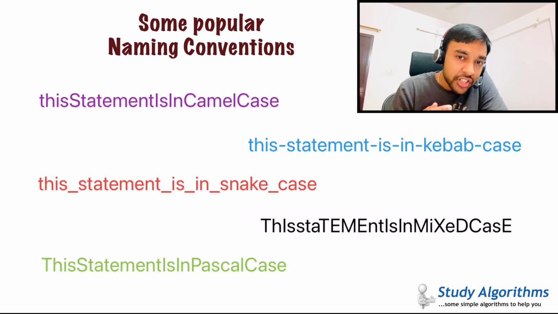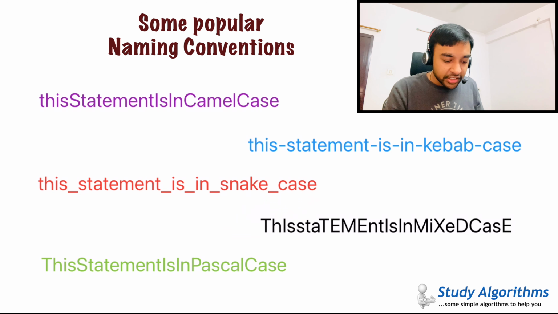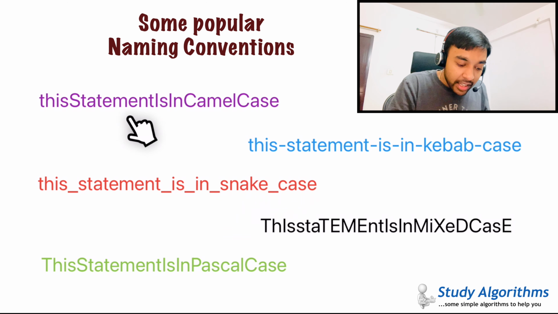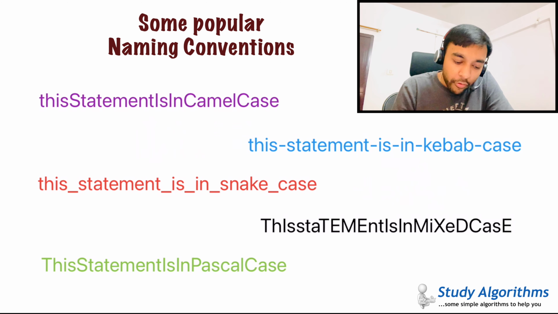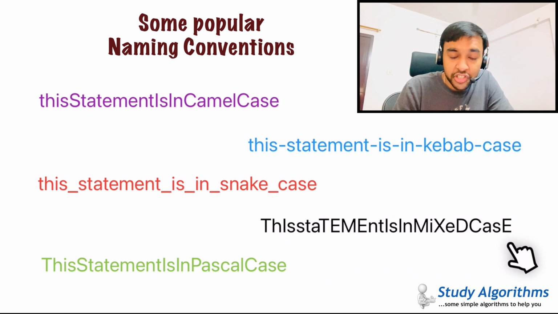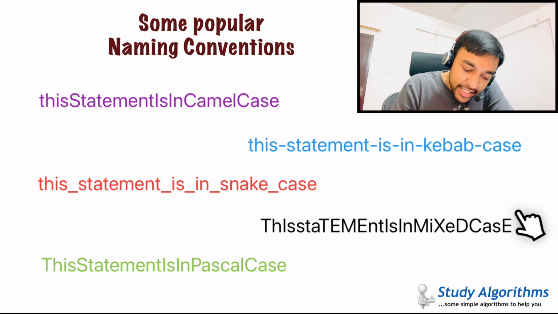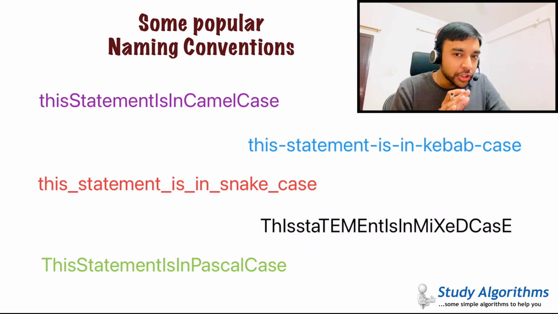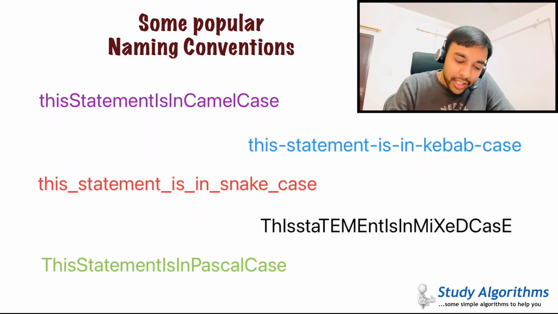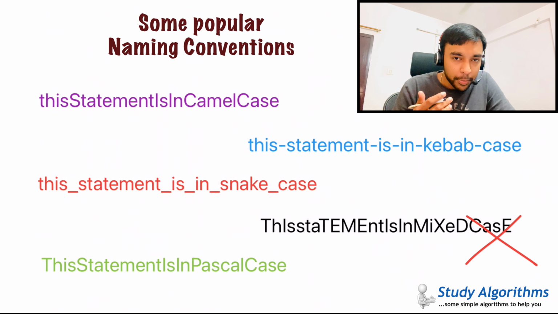This kind of naming convention is usually popular amongst Python programmers. You will see that a lot of Python programmers use this naming convention. The camel case naming convention is popular among Java programmers. You will often find the dash naming convention in Bash. Then again, you have some naming conventions which are not very popular, for example, a mixed case naming convention. If you look at the characters in this example, you see that some of them are capital, some of them are small, and there is no specific rule to follow. So this kind of naming convention is usually not preferred.